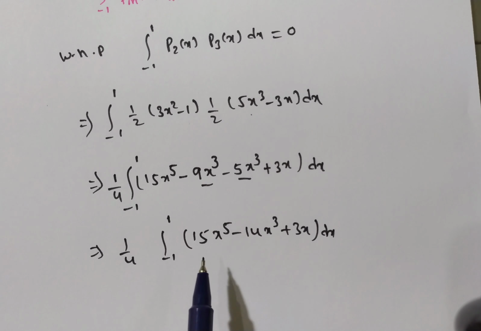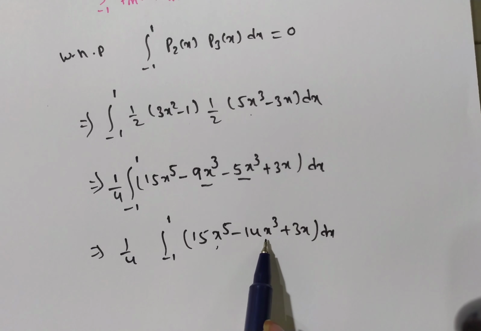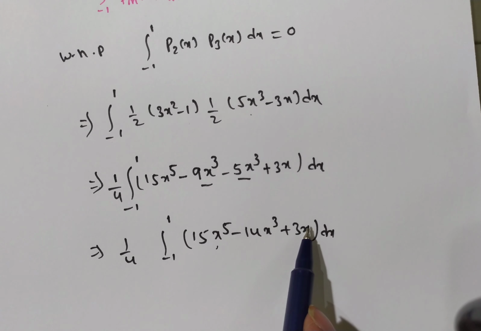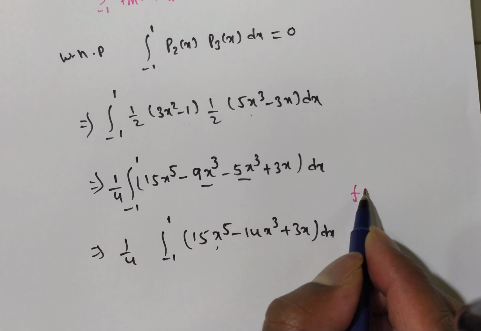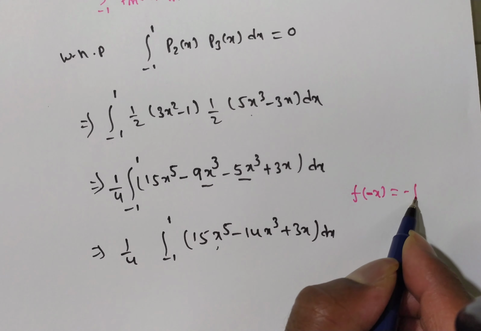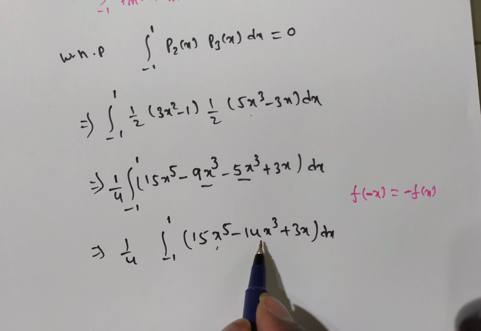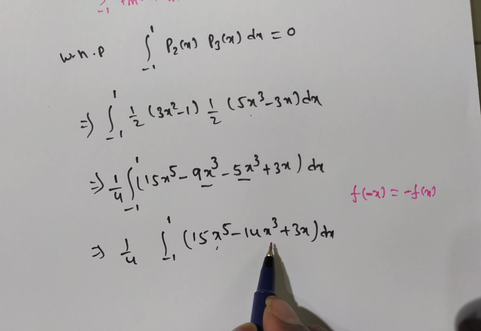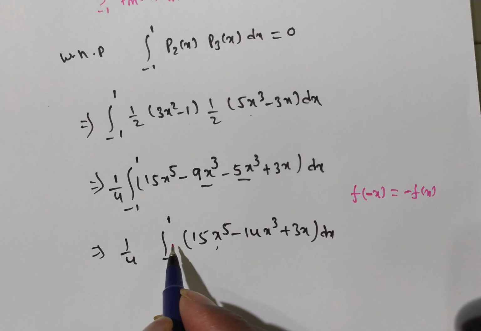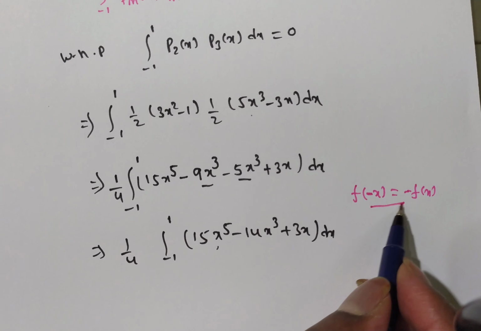You see friends, here you observe this is x to the power of 5, polynomial of x power 5, polynomial of x power 3. This is x to the power of 1. So all these functions are what type of functions? Odd functions. What is meant by odd function? You see friends, if you replace x by minus x, then you will get minus f of x. If I replace minus x, then I will get a minus outside. So overall minus I will get outside, then again you will get the same function. So you can say this is an odd function.